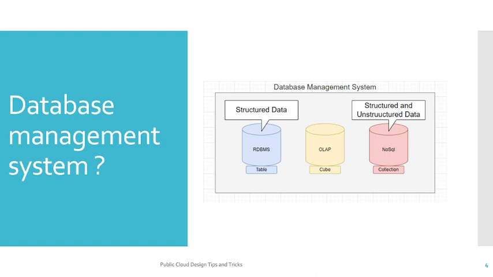When we are talking about RDBMS, it generally stores the data in a relational mode, that is in a tabular structure, where you will define the schema of your database, and you will define a table where each row is nothing but a distinct entity, and each column has to be defined with certain data types. So based on the structure of the data, you will be able to insert the data in the RDBMS. So it is more towards structured data. Online analytical platform is more towards data warehousing systems, and NoSQL database is for both structured and unstructured data.